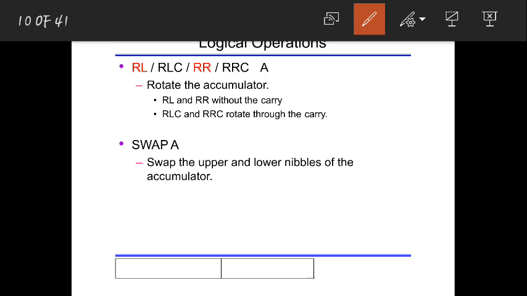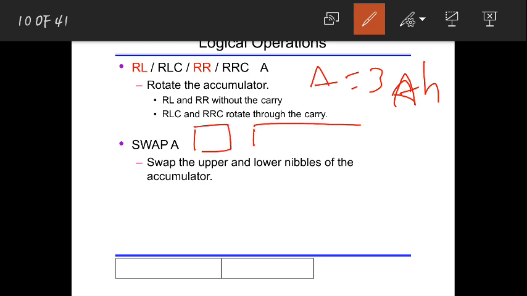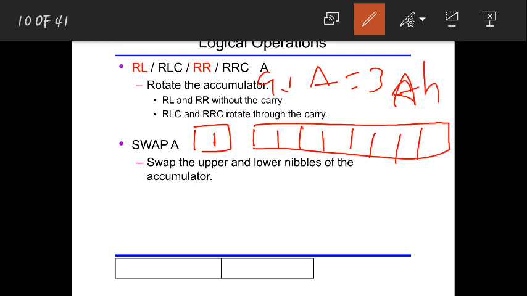First we will take A equal to 3AH. For this we will draw an accumulator. We will take a carry here and draw an accumulator. Now in this carry, let us take carry equal to 1. So here I have taken 1. And A is equal to 3A. So 3A means you will have 0, 0, 1, 1. This is 3. Next A means that is 1, 0, 1, 0.